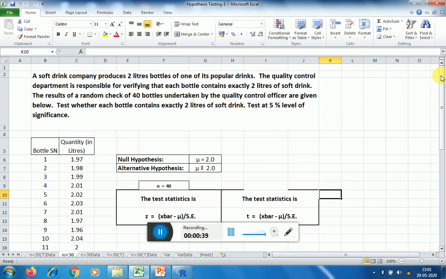A soft drink company produces 2-liter bottles of one of its popular drinks. The quality control department is responsible for verifying that each bottle contains exactly 2 liters of soft drink. The results of this are shown below. So a random check of 40 bottles is undertaken for this particular purpose, and we need to check whether each bottle contains exactly 2 liters of soft drink or not, and this we have to test at 5% level of